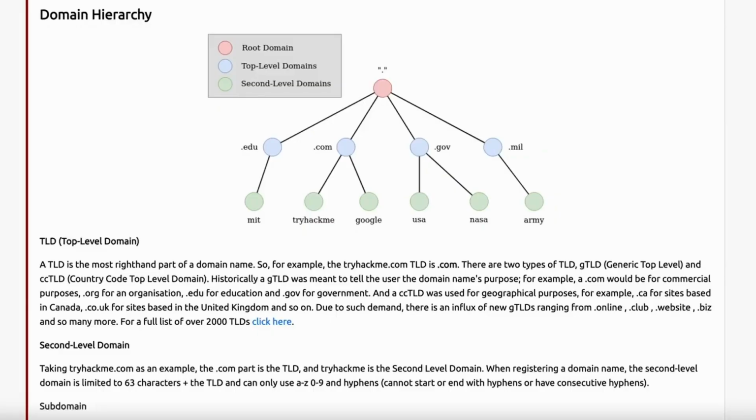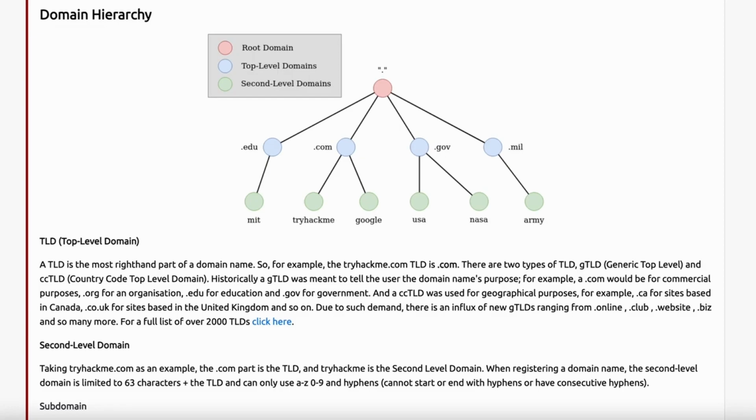So the top level domain will basically signify whether or not it is an enterprise or a government or an academic institution. Your second level domain will actually show the name of the organization itself. So for this example, we're looking at TryHackMe, so TryHackMe.com would be the second level domain. And then for subdomains, we look at basically sites that exist within a specific domain. So the example given here is admin.tryhackme.com, and that could be like an admin portal. Another could be shop.tryhackme.com. That could be a storefront. The more domains that you see on your browser, the more you'll start to recognize these pieces and how many sites have individual subdomains that exist under the actual second level domain.